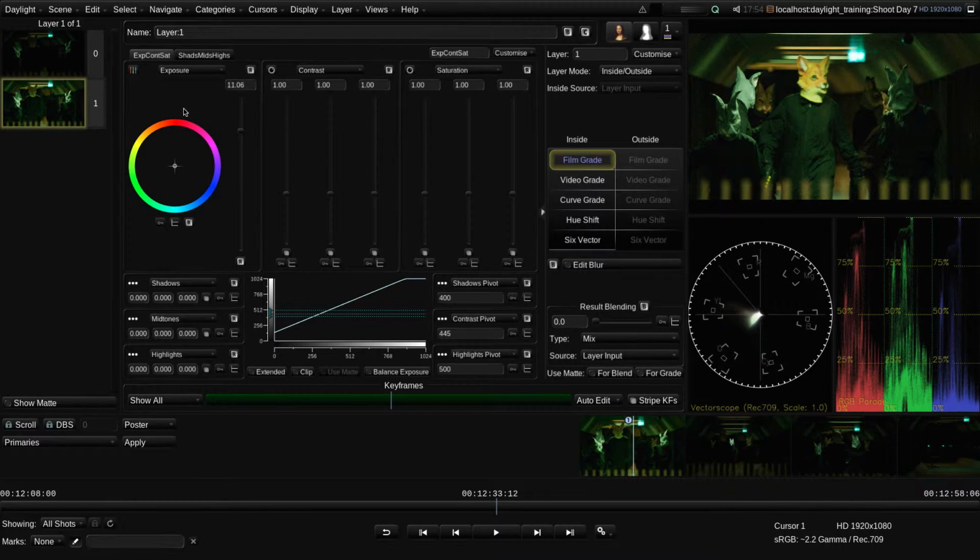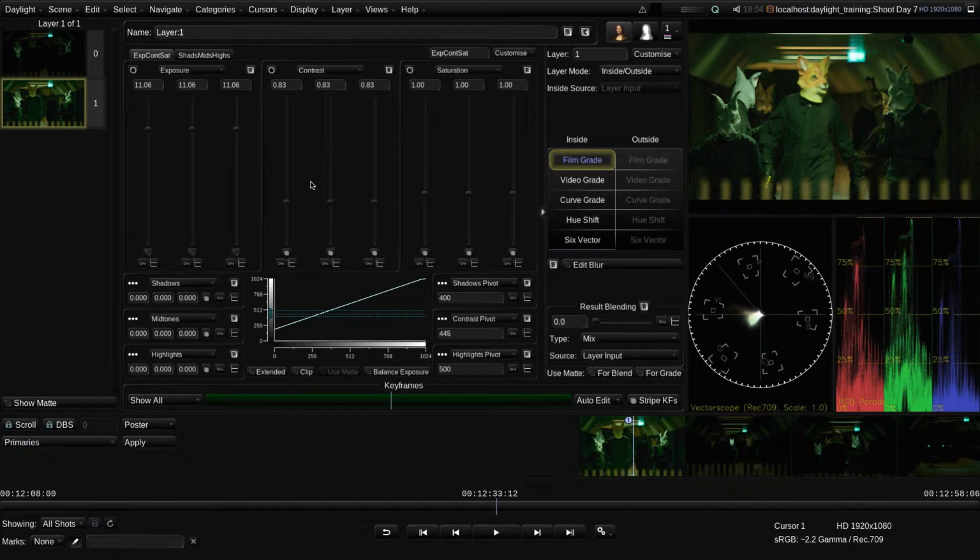Now, as I mentioned, this type of grade provides controls which adjust the RGB content of the image in a way which feels like adjusting the controls in a traditional film printing process. In fact, we can split each control into its separate R, G and B channels and then adjust the colour balance using printer lights, just like working in a traditional film lab. I can also adjust the overall contrast in a shot in a kind of filmic way.